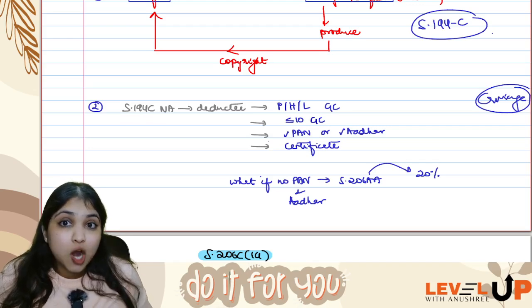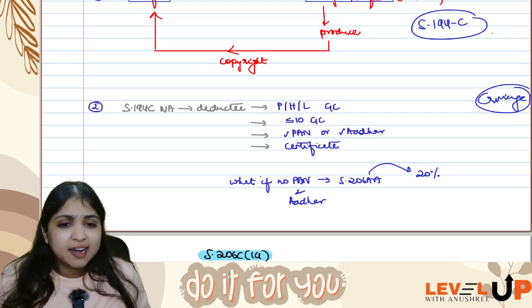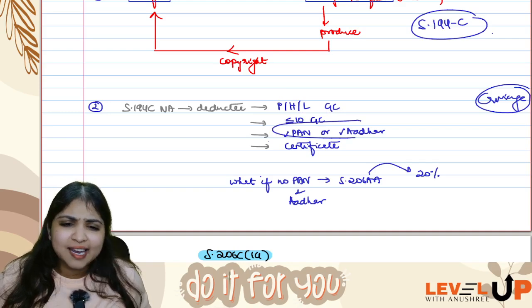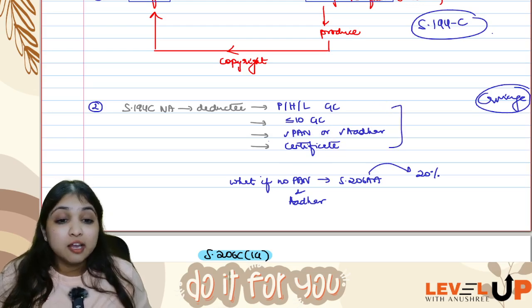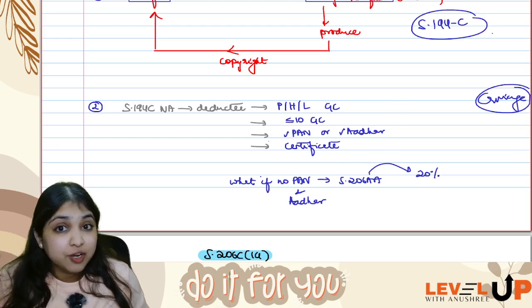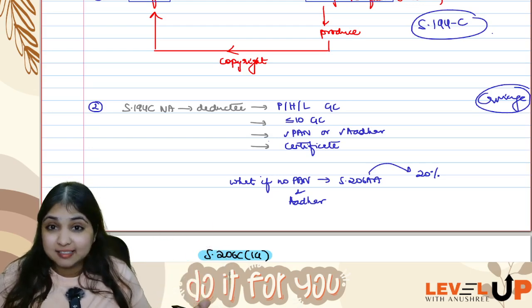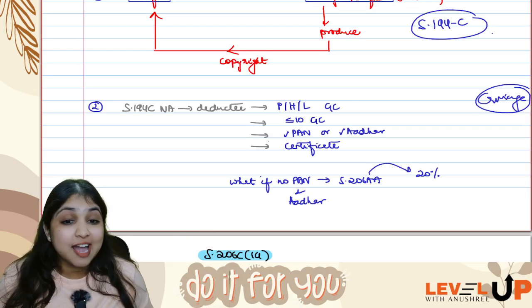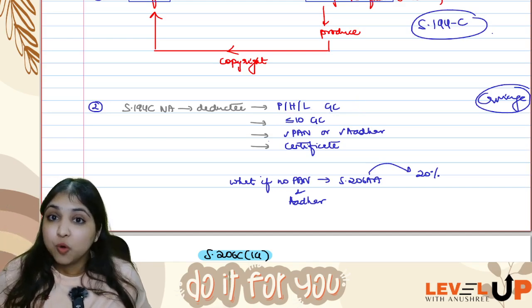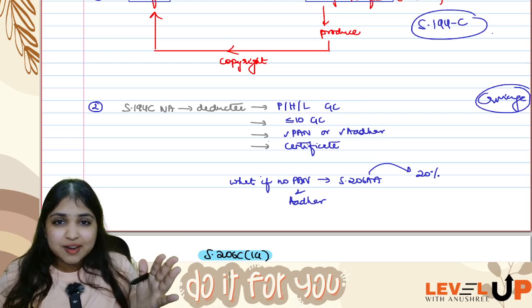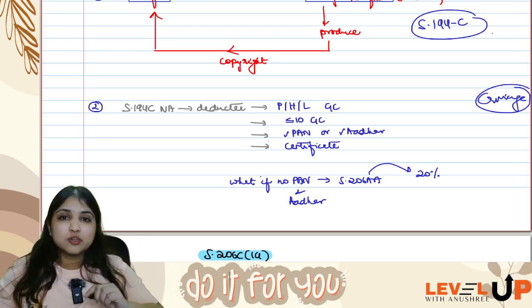But 194C will not apply if the deductee happens to be in the business of plying, hiring, leasing goods carriages, and he does not have more than 10 goods carriages, and either PAN or Aadhaar, at least one thing he is furnishing, and a certificate is given in this regard. If all these conditions are fulfilled, 194C itself will not apply. What are the conditions? The deductee is in the business of plying, hiring, leasing goods carriages. He does not have more than 10 goods carriages. Same point, where else do you have? 44AE, there also the assessee should not have more than 10 goods carriages. PAN or Aadhaar, at least one the deductee is giving, and a certificate is given in this regard. If all these conditions are fulfilled, 194C will not apply.